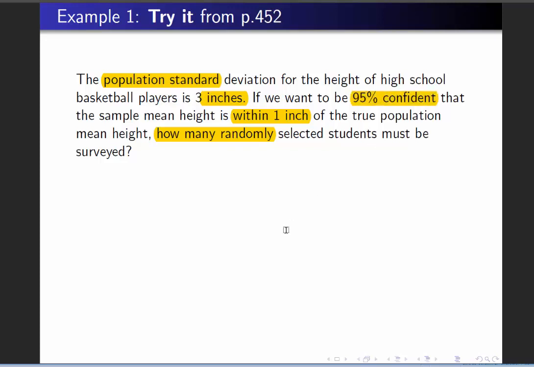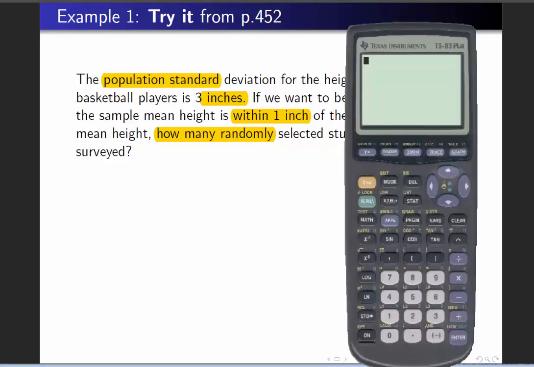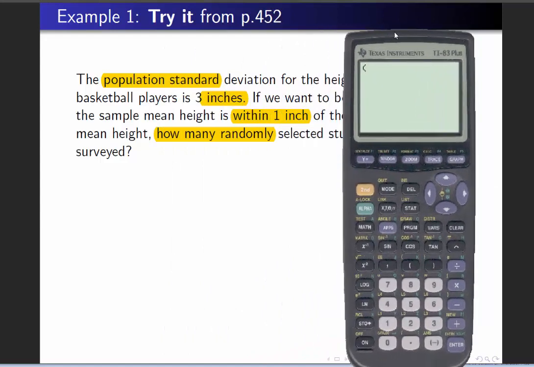How many? That's the key phrase that tells me I need to find n. Within 1 inch of the true population mean height, that is my margin of error. 95% confidence level, and I have population standard deviation. I have all elements needed to use the formula for finding n. Okay? So, what does the formula say? We need Z of alpha over 2. This is one of the standard values, right? 95%. The value here is 1.96